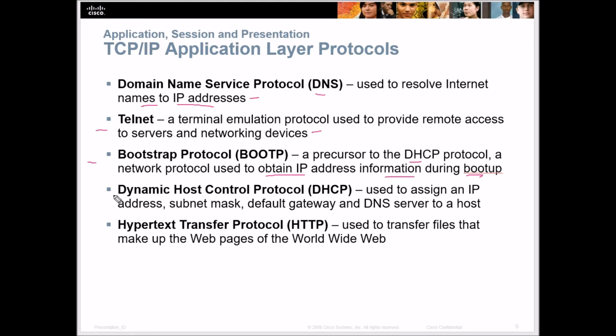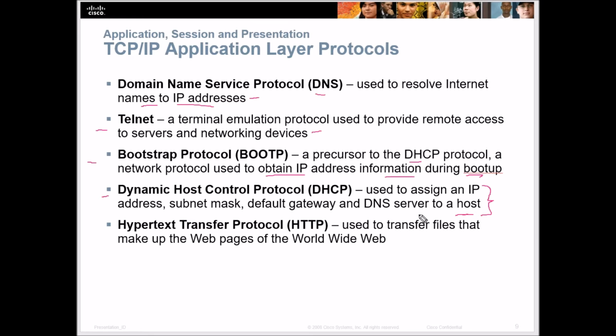And DHCP is the dynamic host configuration protocol, and that's where we set aside a group of IP addresses that gets sent out to computers or devices that connect to a network so that they can have their own IP address. We don't have to manually go around and assign the IP addresses to all the devices. When I first started working on computers, we did not have DHCP, and we had to manually go around and assign IP addresses to the different computers on the network.